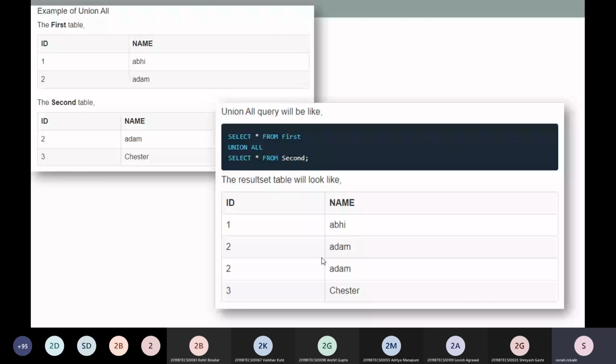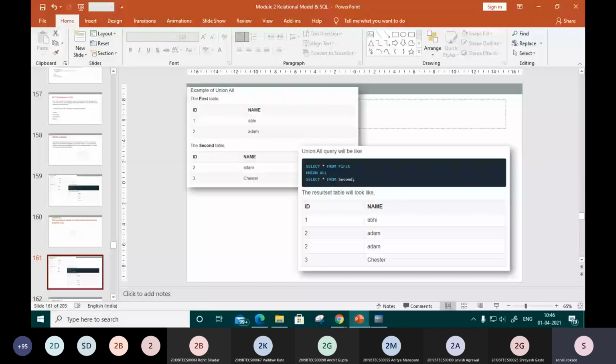But ID is not a primary key here, so that's why we can use union all. But in case of union, if a primary key is assigned, we can use union also because if the PRN number is the same, there is no duplicate PRN number created in that table. Okay, so let's see how that union all is going to perform. The same thing I'm using here.